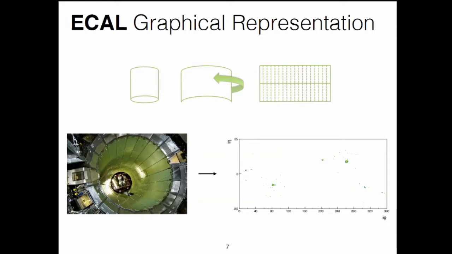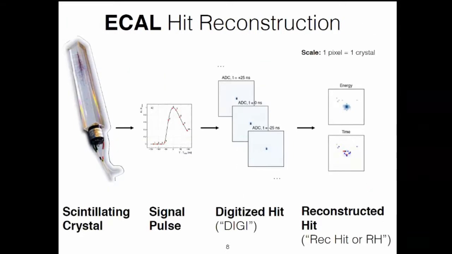We use the natural segmentation of ECAL, which is i-phi and i-eta. Okay? So this image here is an image of the actual deposits in the ECAL detector. This is not a pixelated image that we use for high-level objects. It is the lowest-level detector deposits, the energy deposits in the ECAL crystals. Okay, so a little more about ECAL.